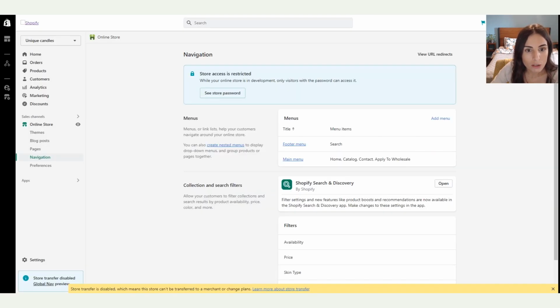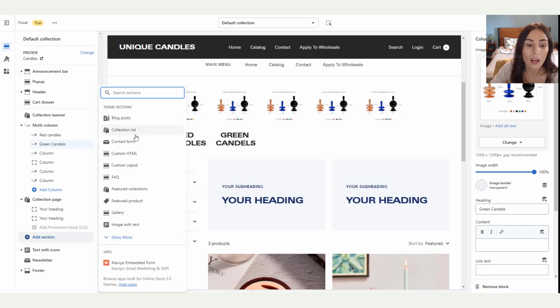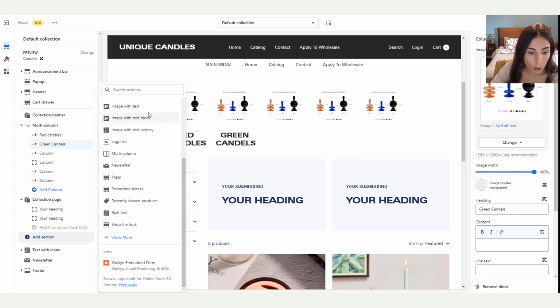Okay, in addition to adding these, you can go in here and add any of the sections you find in here. So you can add contact forms. I'm not sure if you want to use it, it's not important in here, but you can add a frequently asked questions section if you want to have one for your special collection. You can have a featured product, you can have a gallery of photos, you can even have the cross-sell in here,